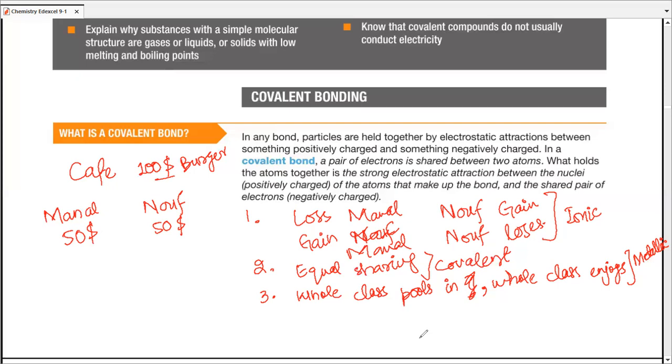Let me tell you one more thing. Manal and Nov agreed for a gain and loss. So Manal agreed for a loss. Manal gave her $50 to Nov. Nov agreed for a gain. But when Nov went to buy a burger and she was enjoying it, she had a kind thought about Manal, and she thought, why not share a little piece with Manal? And although they both agreed for a loss and gain factor, they actually shared a little part of that piece. That kind of bonding, that kind of action exists in atoms.